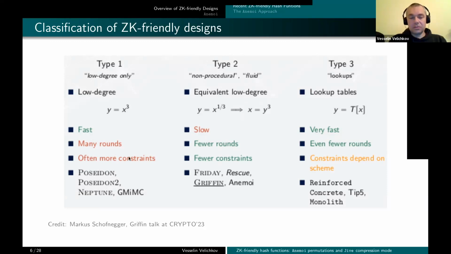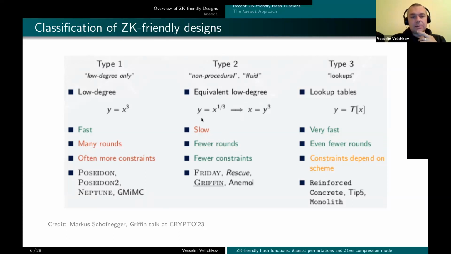Since you have many rounds, you describe them in your, for example, R1CS trace, and you end up with a lot of constraints. And designs of this type are Poseidon, Poseidon 2, Neptune, GMiMC. Then in the type 2 group, we are